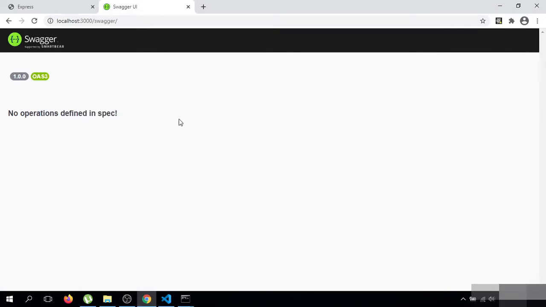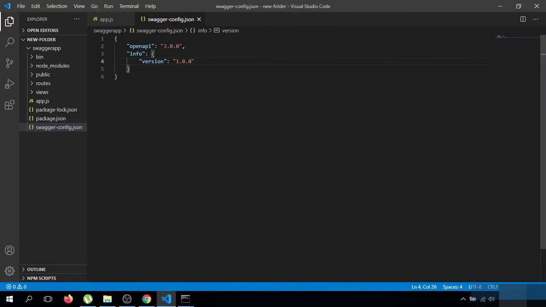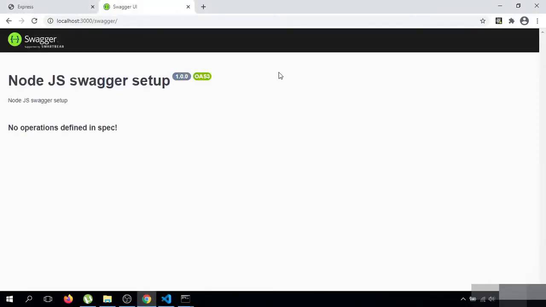You can see that error has been gone from our Swagger. See that this is a description and this is a version of our Swagger.